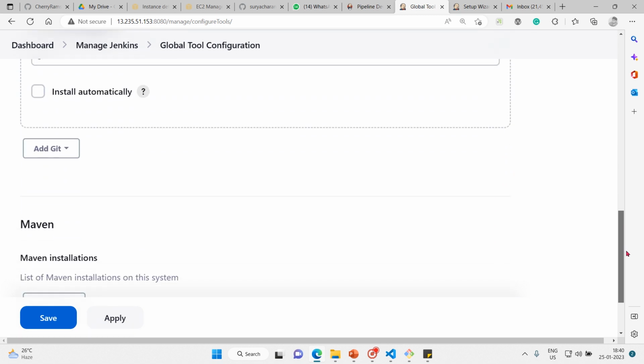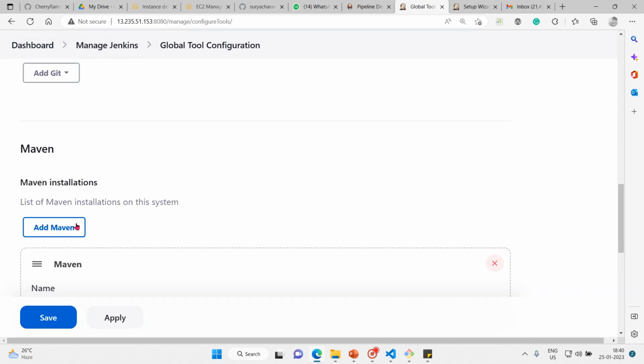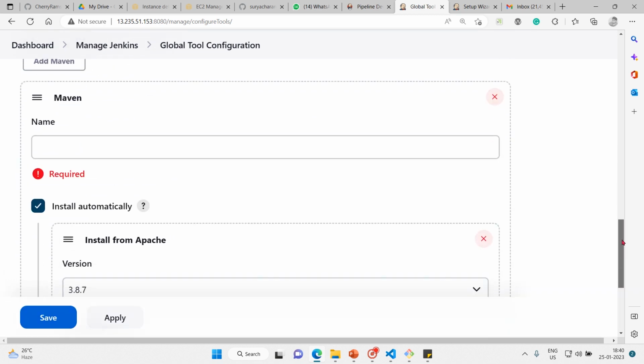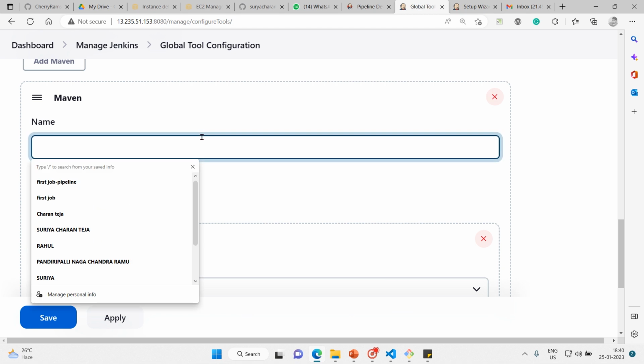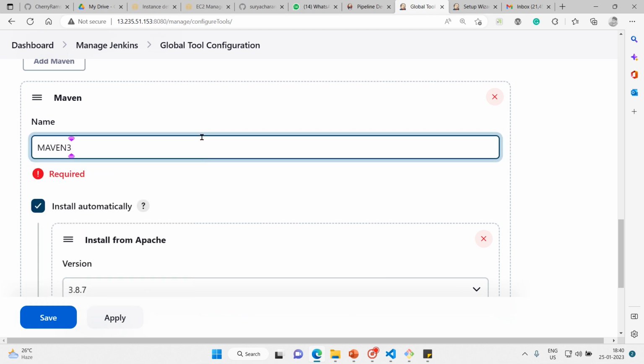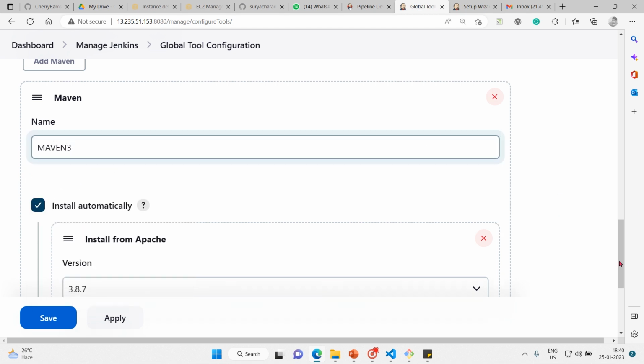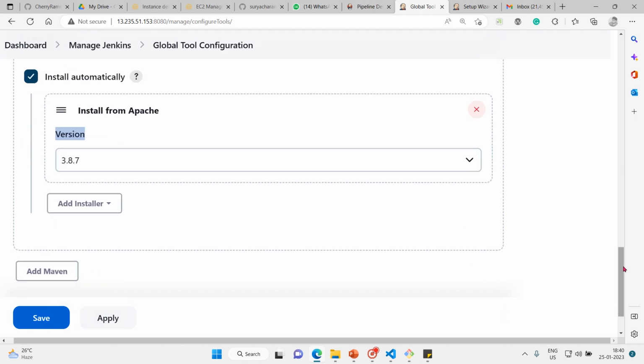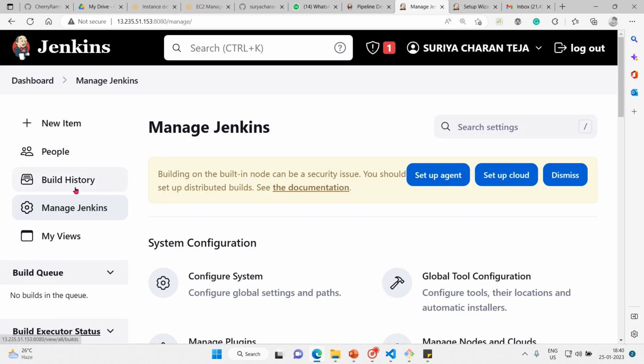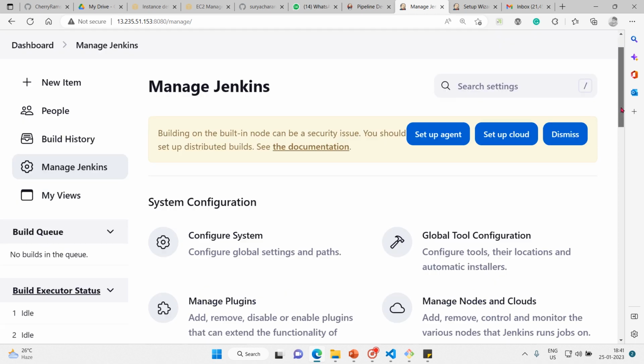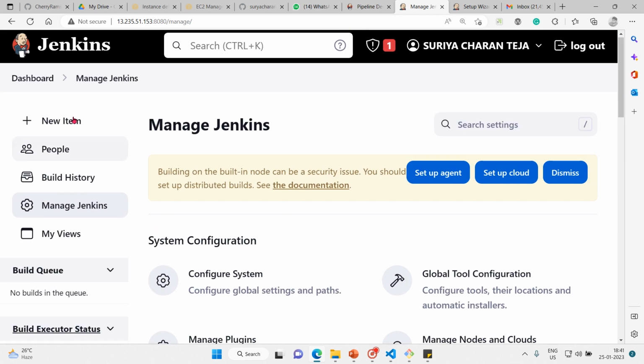Come down, scroll a bit down, Maven, add Maven, and let me name it as Maven 3, and install automatically. Okay, that's fine. Save, apply, and build the same pipeline. Sorry, build the same job. So go back to the